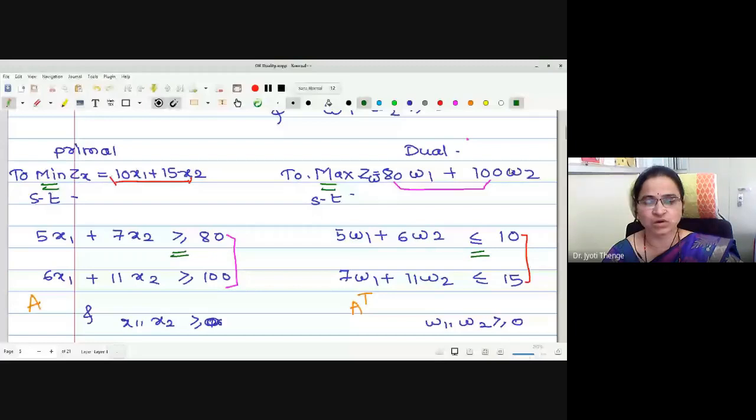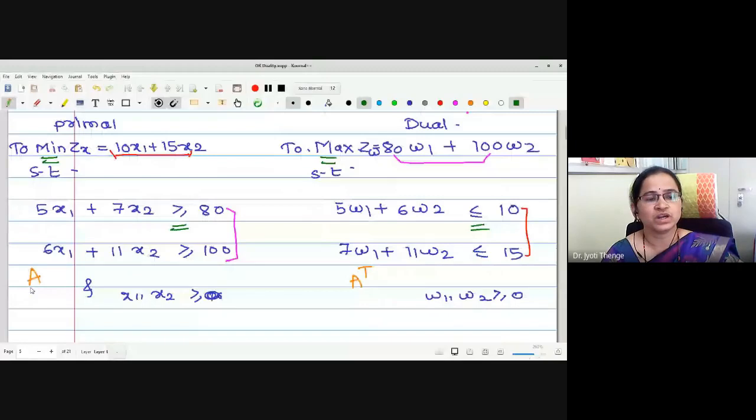Whatever the right hand side constants of the first LPP will work as the cost, that is the coefficient of the variables in the objective function. One more change we have observed is the coefficient transpose. Lastly, the less equal inequality will be observed as greater equal. These are some of the changes. Therefore, this is what we have defined